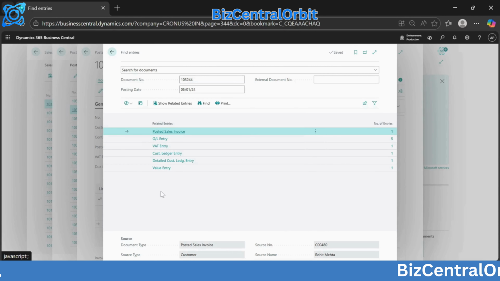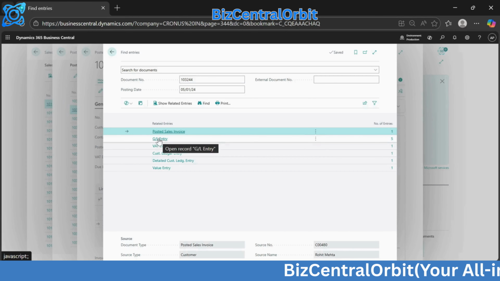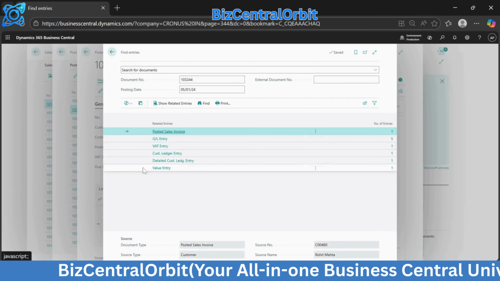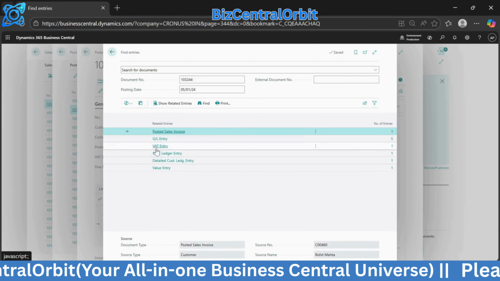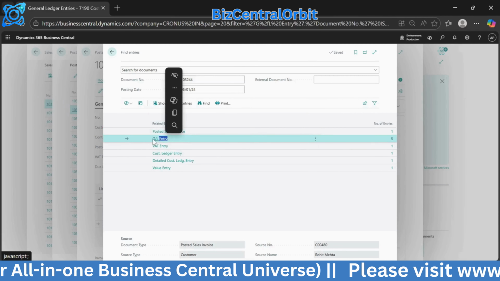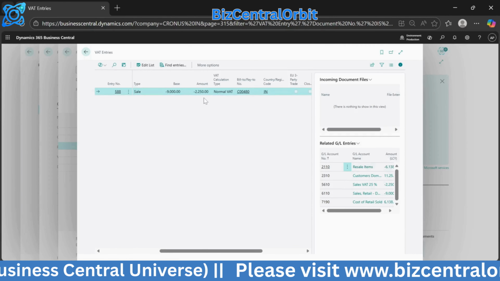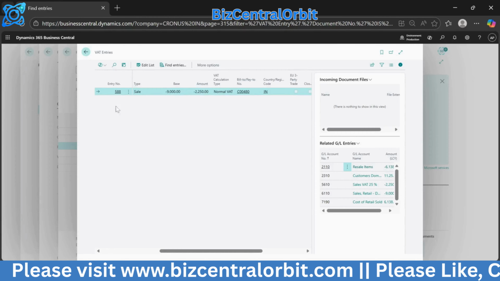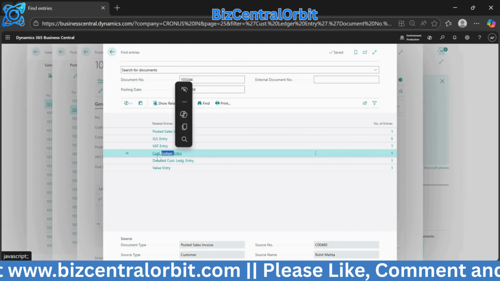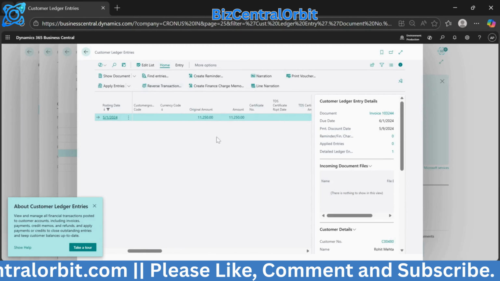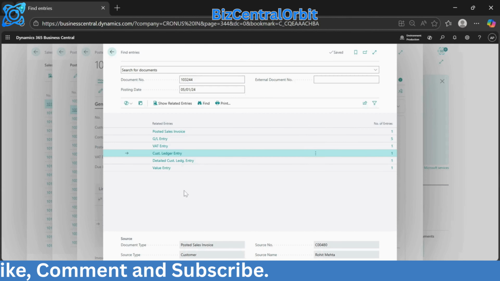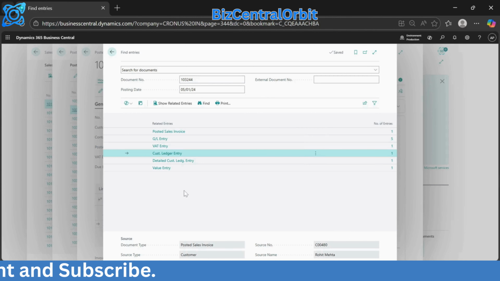What we can see in this: GL entries for financial accounting, customer ledger, detailed customer ledger, value entry, VAT entry. Here we can see that the amount of 2250 is added as tax. It is the customer ledger entry, the original amount to be paid. Each entry is clickable, allowing us to drill down into detailed posting information.